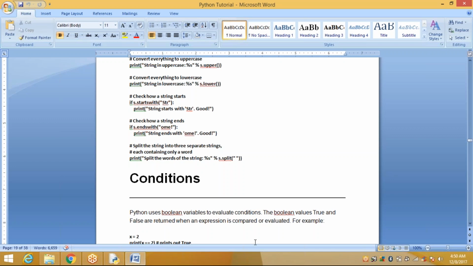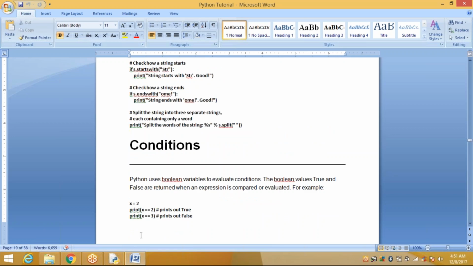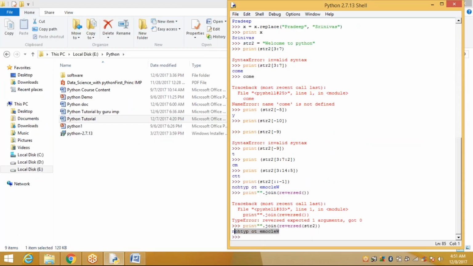Next, tuple. What is tuple? Before discussing the condition, you already have the tuple, pack, unpack, comparing, slicing, and delete. Okay, what is tuple? So tuple is just like a list, a sequence of immutable Python objects.